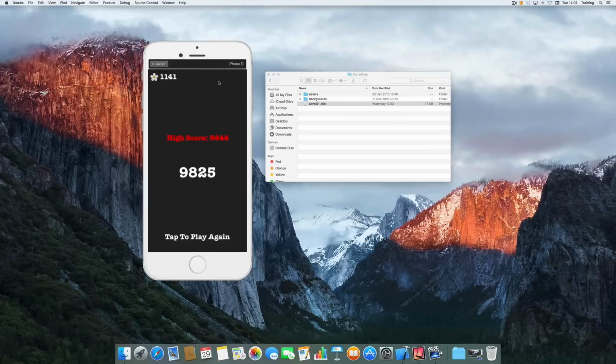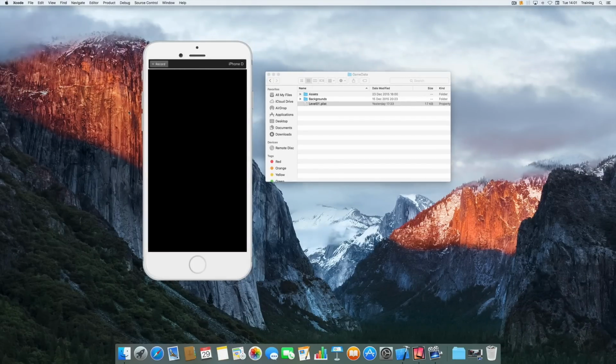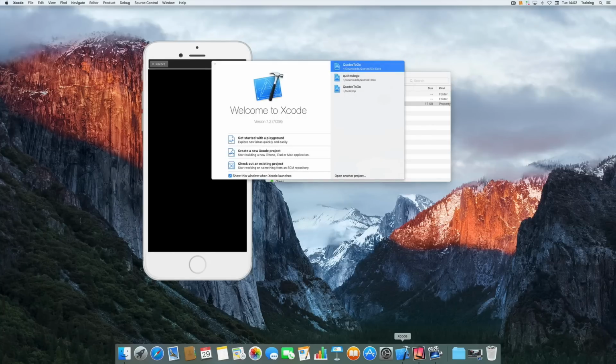And since someone has asked how I get the iPhone or the simulator having the iPhone around it, so the iPhone itself, actually this isn't a simulator, this is the Reflector 2 app, which lets you transform your Mac into kind of an Apple TV and then use AirPlay mirroring to display the content of your iPhone screen on your Mac. So this is that, and now let's fire up Xcode